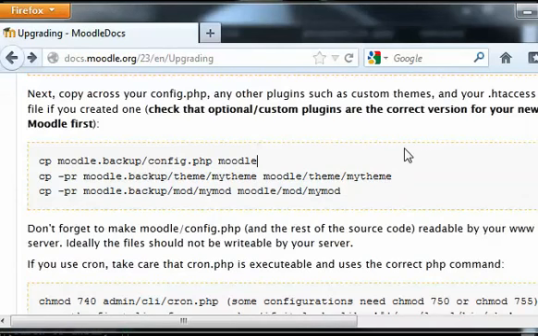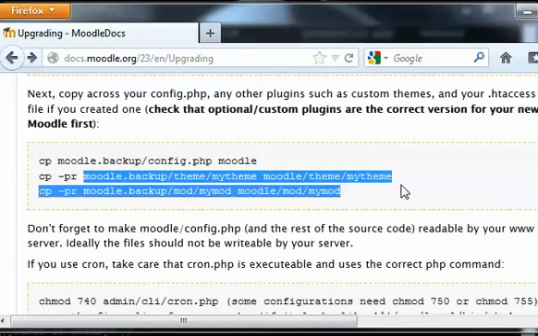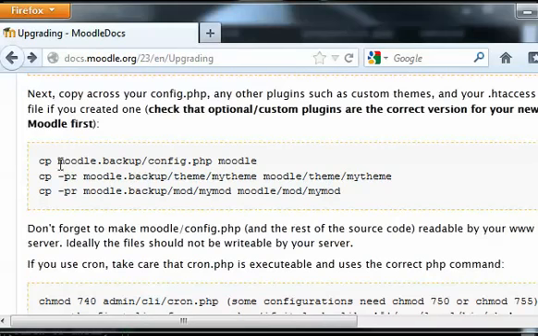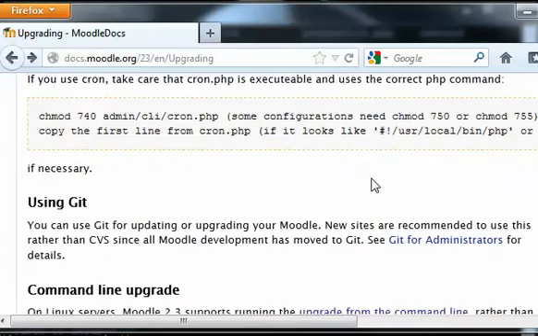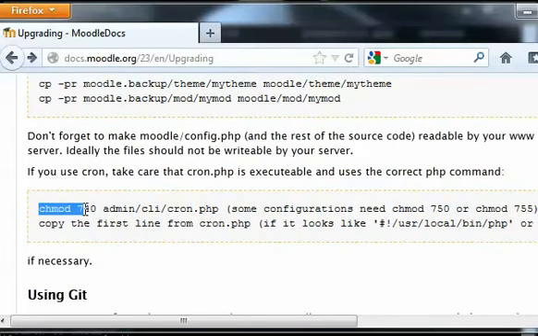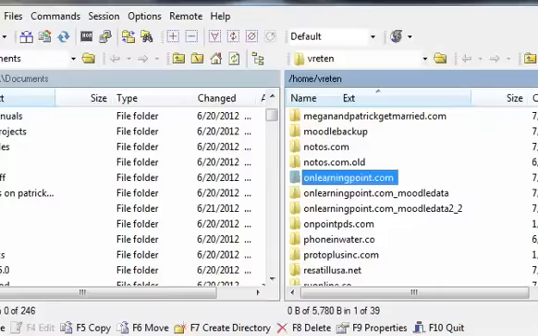Now that you have the bulk of your site copied back into the right location, you can see here that you would also want to copy in any theme files, any custom theme files, and here that we copied in the config.php file, which we already did. One thing we do want to do is give the cron.php directory the correct permissions. If you don't, then your cron job will not run at night. So what we'll do is we'll just go in here